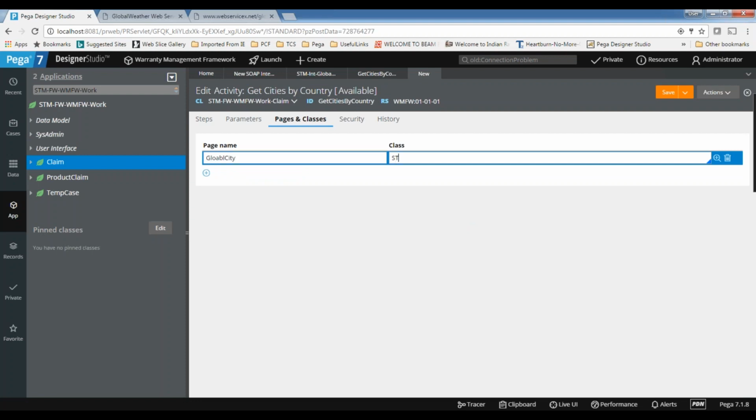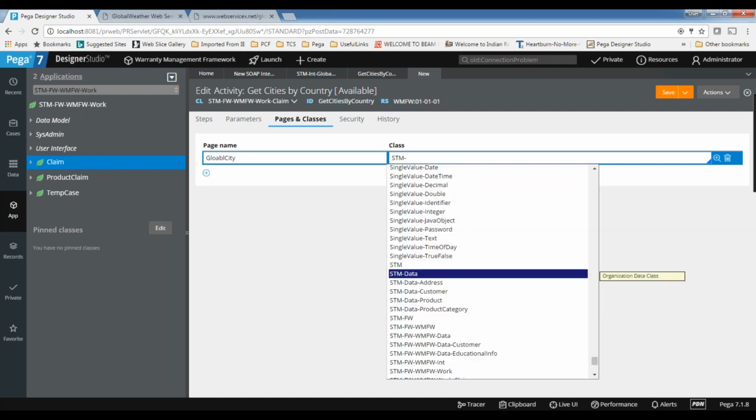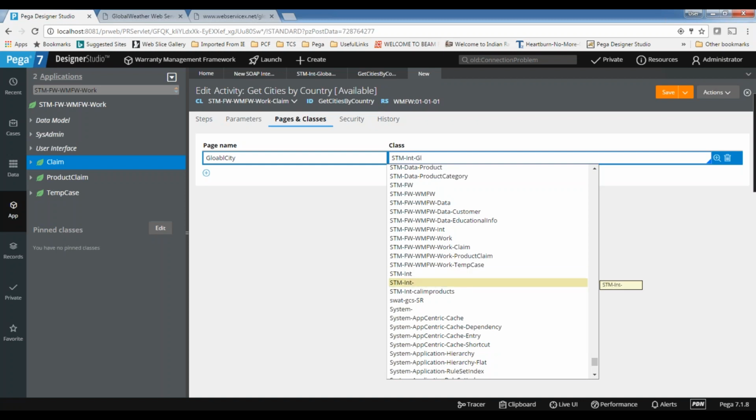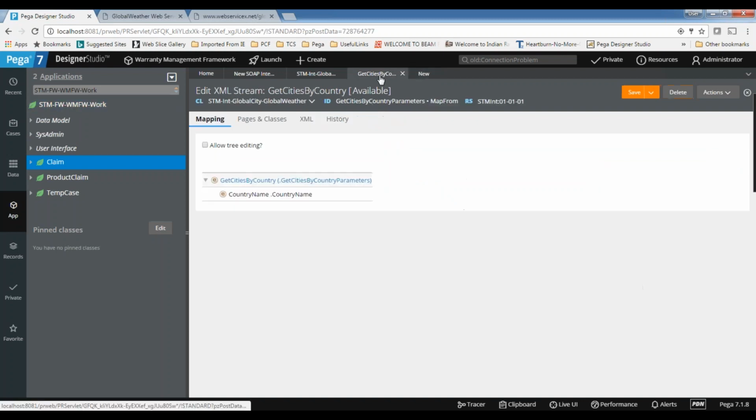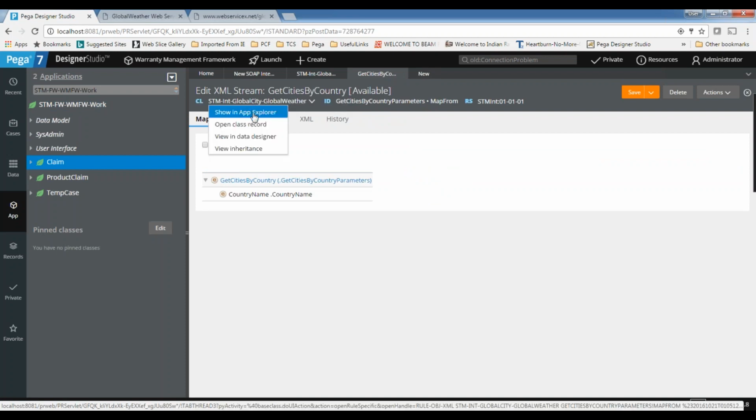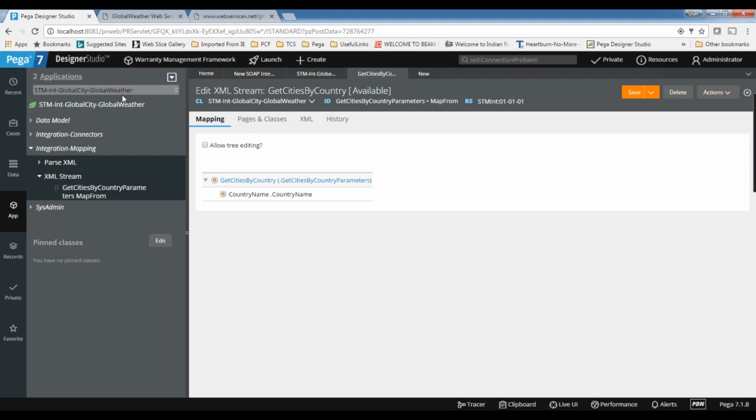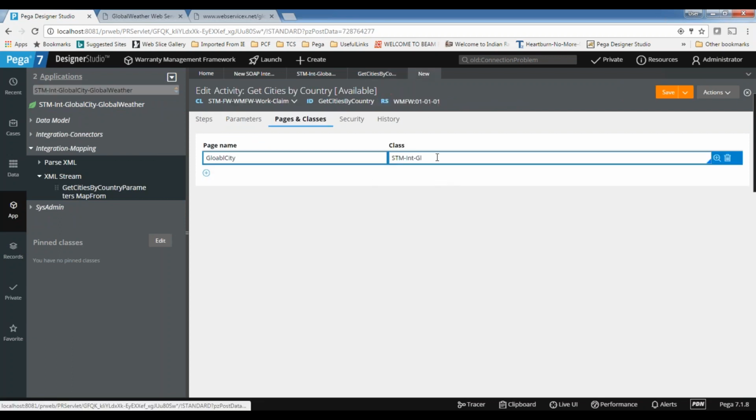You can use any page name of type stm int.